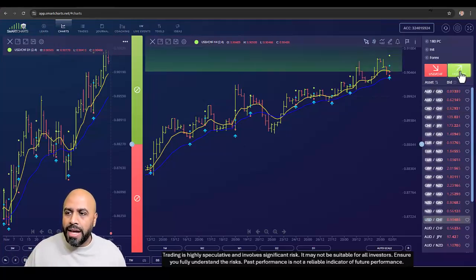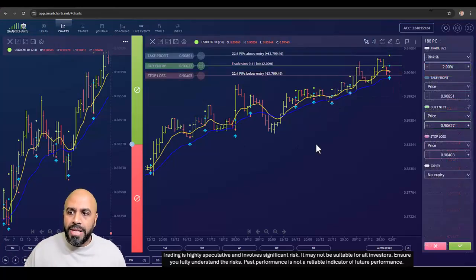Okay, if we click the up arrow here, it will populate an entry price at the blue dot, stop loss at the red dot, target the green dot, which can all be adjusted according to your own user preferences. And it will do all the risk management calculations for you automatically, and then we can just set an expiry here at the bottom. I like to set a current bar close expiry on this particular strategy for this particular time frame, and then decline or accept the trade here at the bottom.